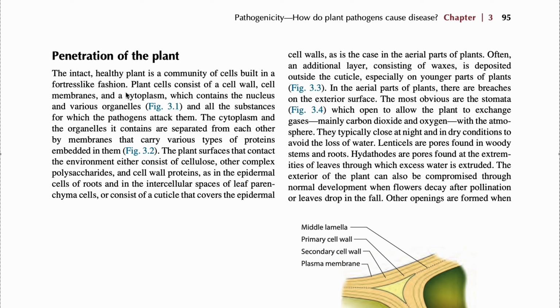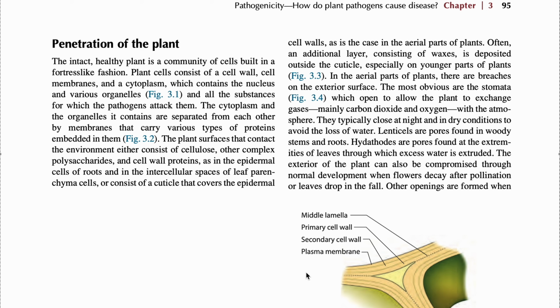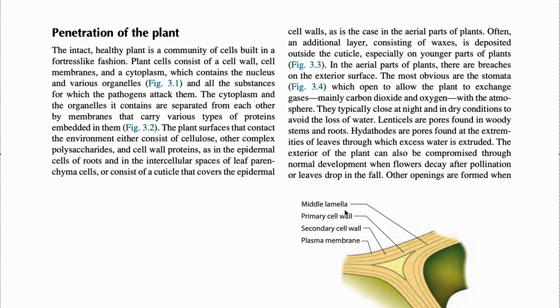Forts are the palaces or buildings which were used by kings or emperors to protect against enemies, right? So these plant cells have all this defense. See, what does the plant cell wall consist of? Middle lamella, primary cell wall, secondary cell wall, plasma membrane, all these layers. So they protect the cell